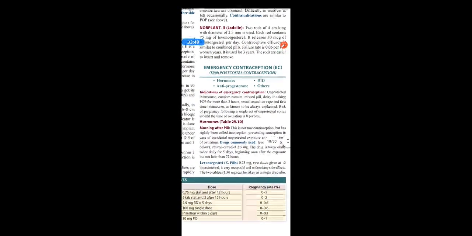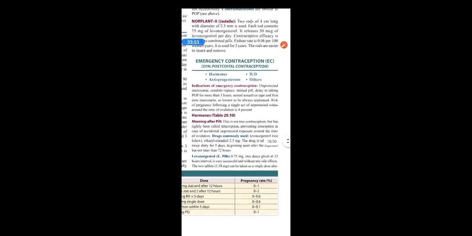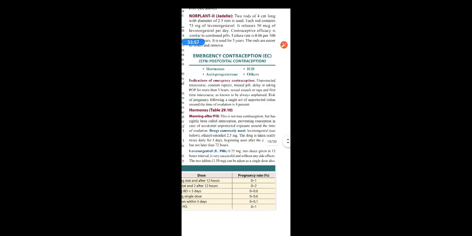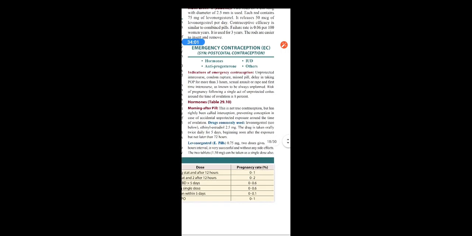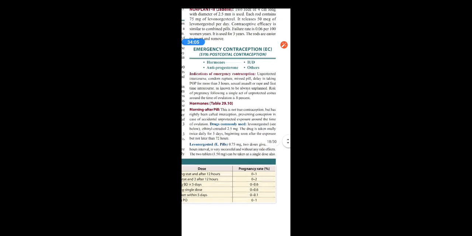The last point in steroidal contraception is emergency contraception, EC, or postcoital contraception. Emergency or postcoital contraception is used after the act of coitus. These include hormones, antiprogesterone, IUDs, and others. Indications of emergency contraception: